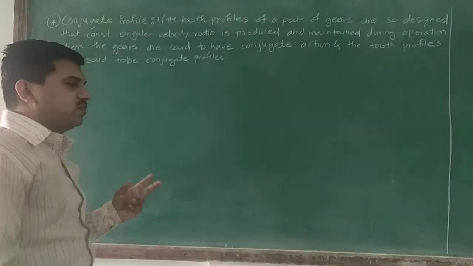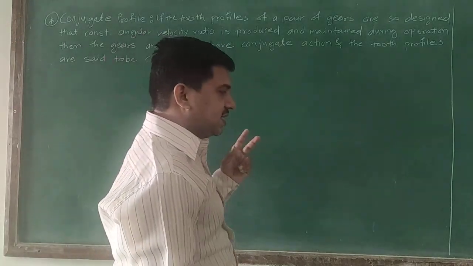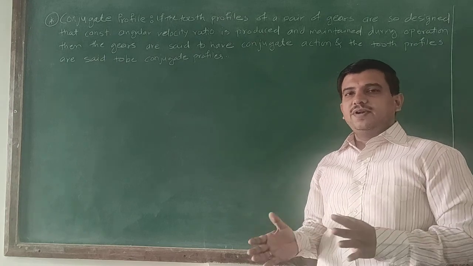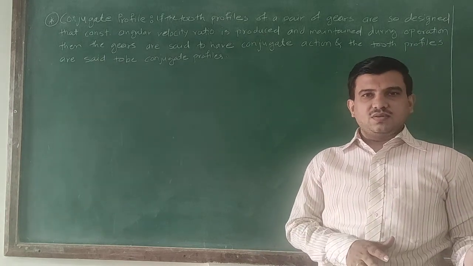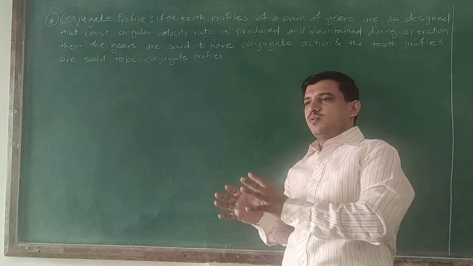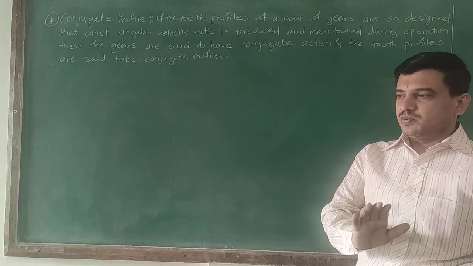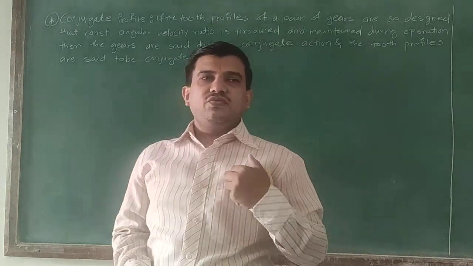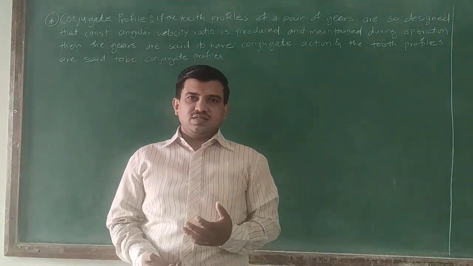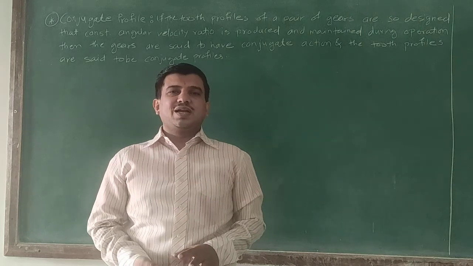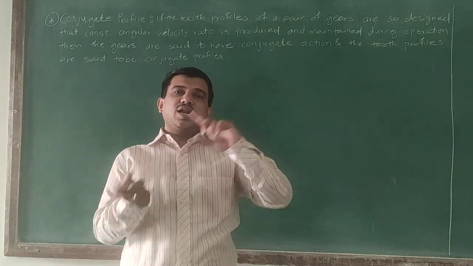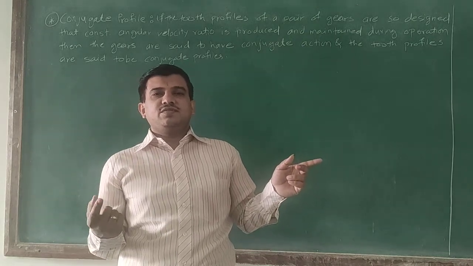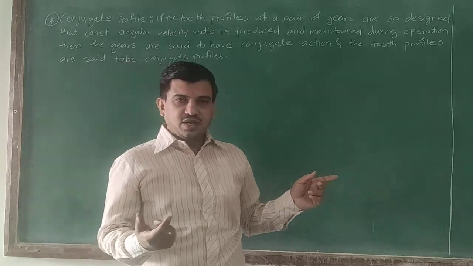Now, two of the profiles we have seen: one is the cycloidal profile and another one is the involute profile. We do that while designing the gear profiles; that care is taken in the process of designing. But suppose there is a case where we have one gear profile chosen arbitrarily, and we want another gear tooth profile which should produce a conjugate action with this gear profile. Are you getting me?